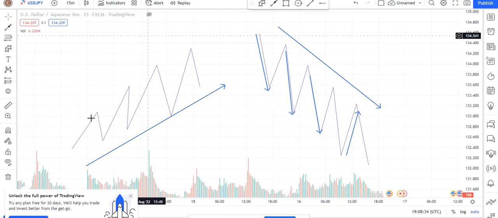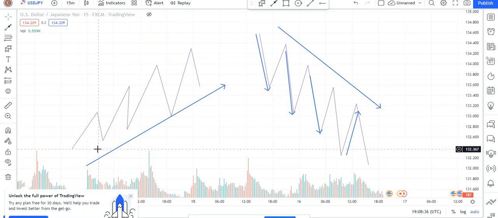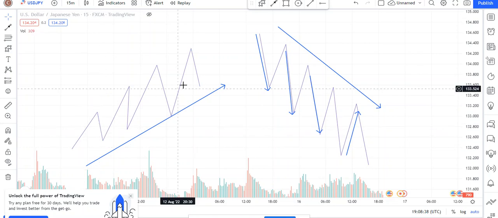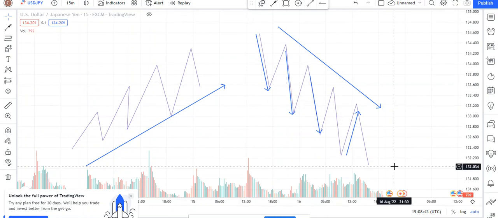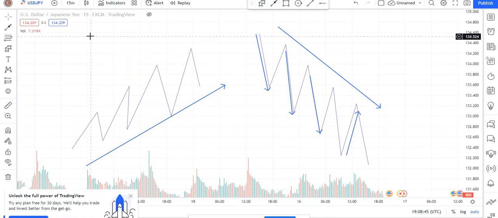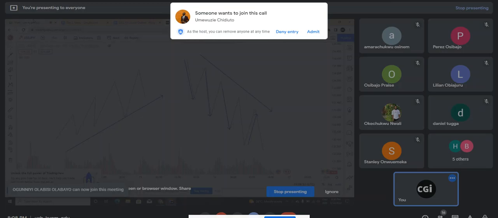So we have uptrends and downtrends. Uptrends are when the price keeps going higher and higher, while downtrends are when the price keeps going lower and lower and lower, for an extended period of time. So in an uptrend,